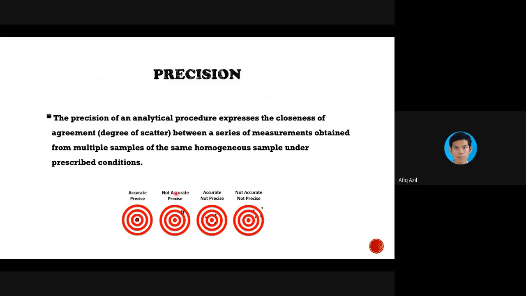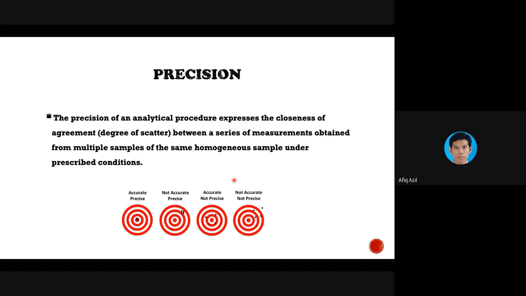This one is not accurate but precise, in which all of it is located here, but it's not in the middle, which is the reading that you want. And this is considered to be accurate, which is near the middle, but all the four readings are not precise. They are not forming similar readings.